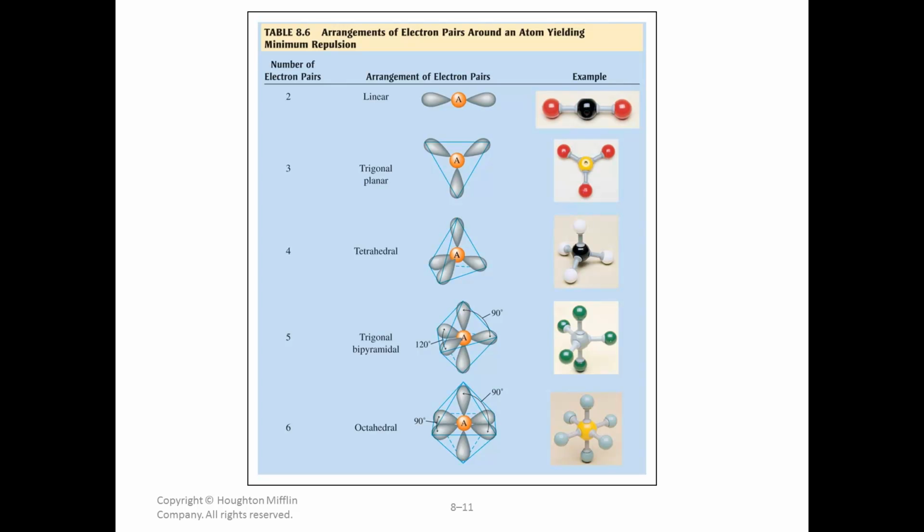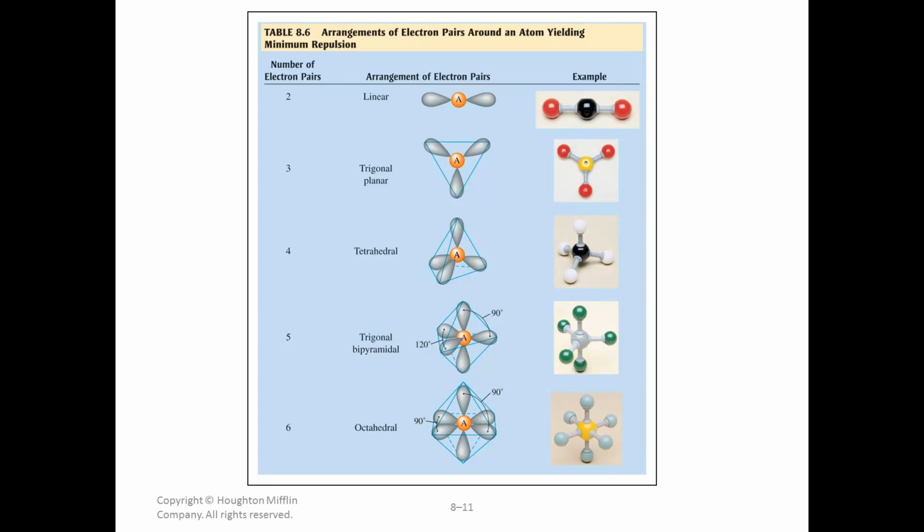With 3 pairs of electrons around a central atom A, we can minimize electron pair repulsions with a trigonal planar geometry and 120-degree bond angles. With 4 pairs of electrons around a central atom A, we can minimize repulsions with a tetrahedral geometry and 109.5-degree